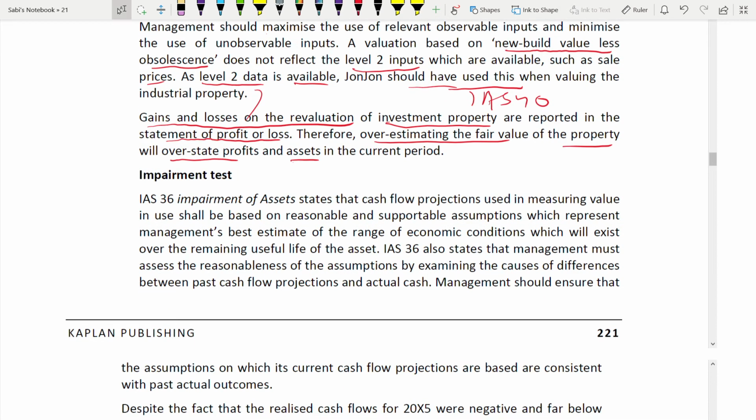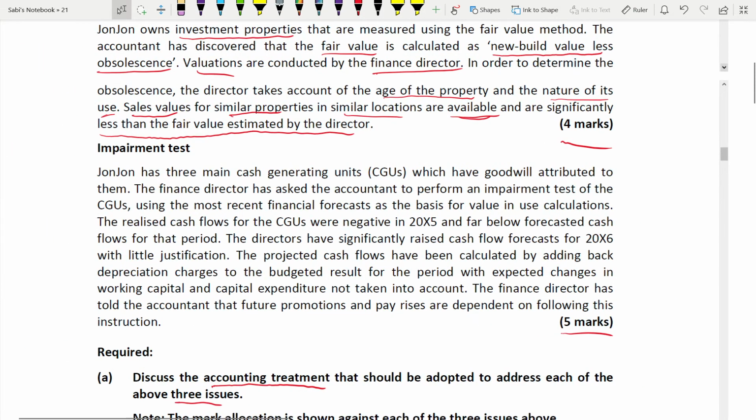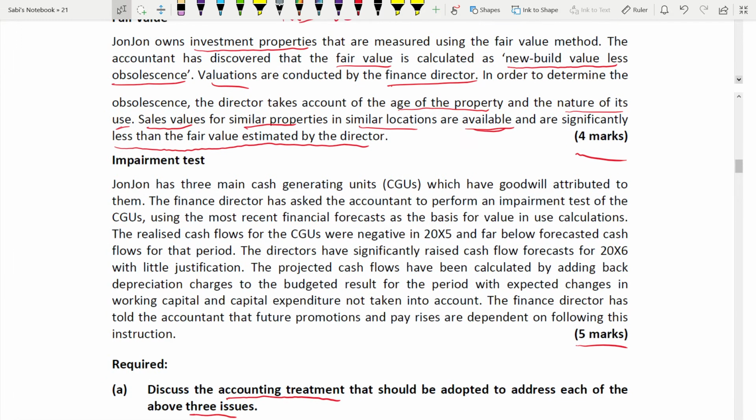Now let us go to the third issue, impairment test. Okay, let us read the case. And this is worth 5 marks. Let's see. Jonjon has three main cash generating units, CGUs, which have goodwill attributed to them. The finance director asked the accountant to perform an impairment test of the CGUs,